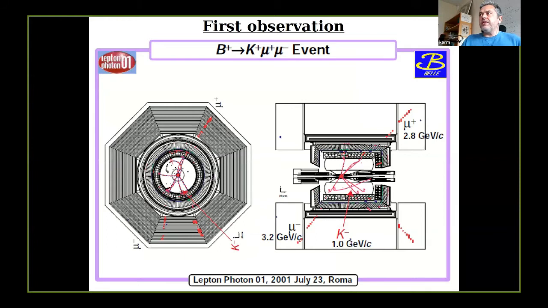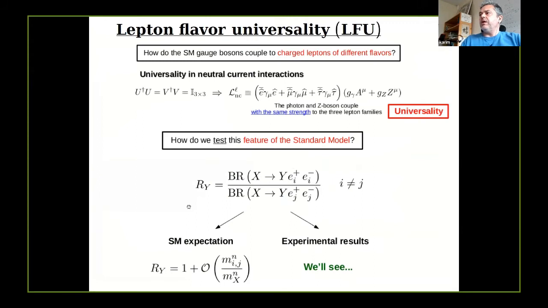It was first observed, this is why when we were discussing with Jim, I was mentioning that B to D gamma was first observed by CLEO. Then for the first observation, for two orders of magnitude, you need obviously two orders of magnitude more statistics. So Belle had the statistics to observe it at quite an early stage, in 2000, the first decade. So you can play the game of identifying the two muons and the K and forming the B